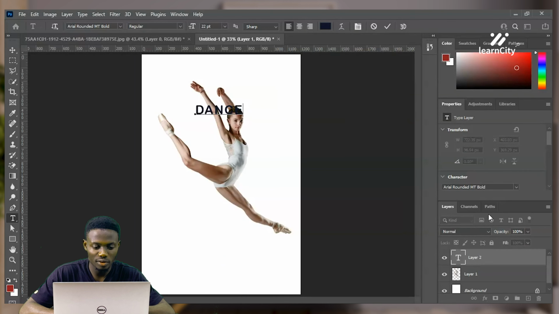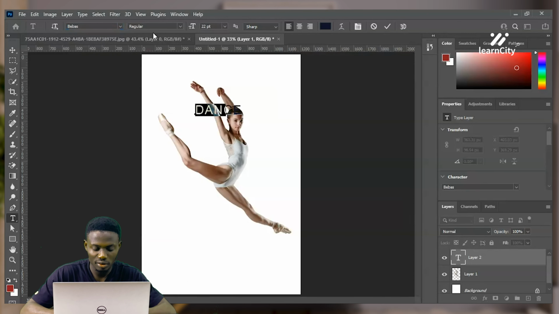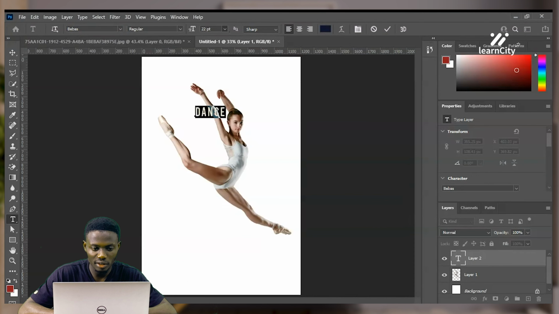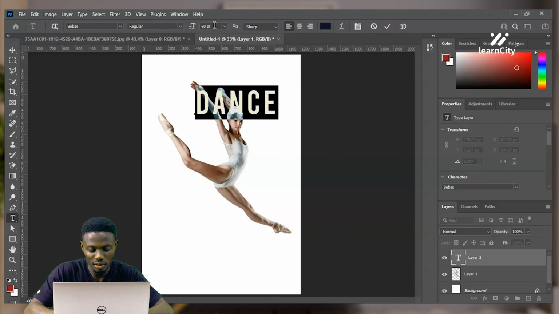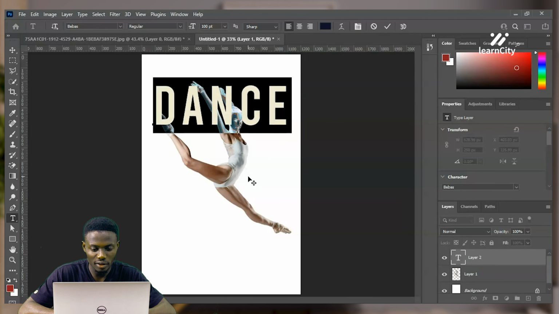Let me increase the size to about 60. I'll change my font to Bebas. Right? Let me increase the size more to about 100. Right? Now,